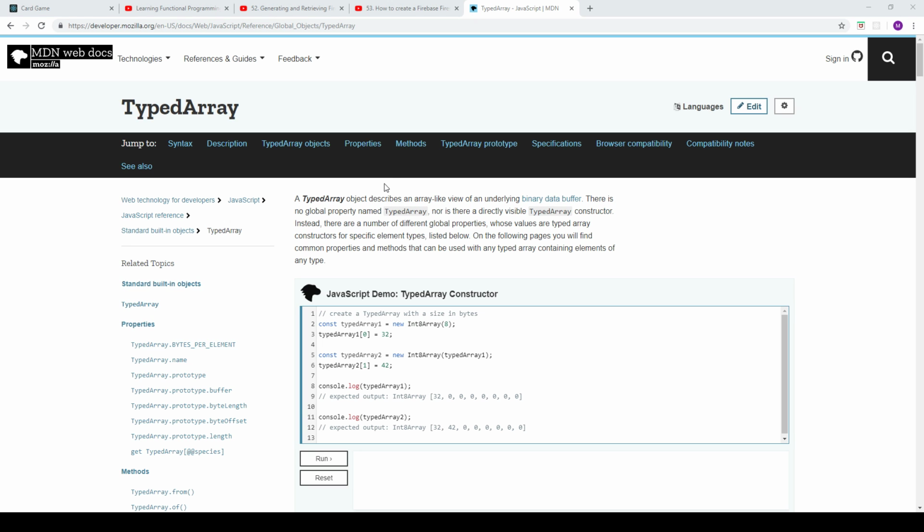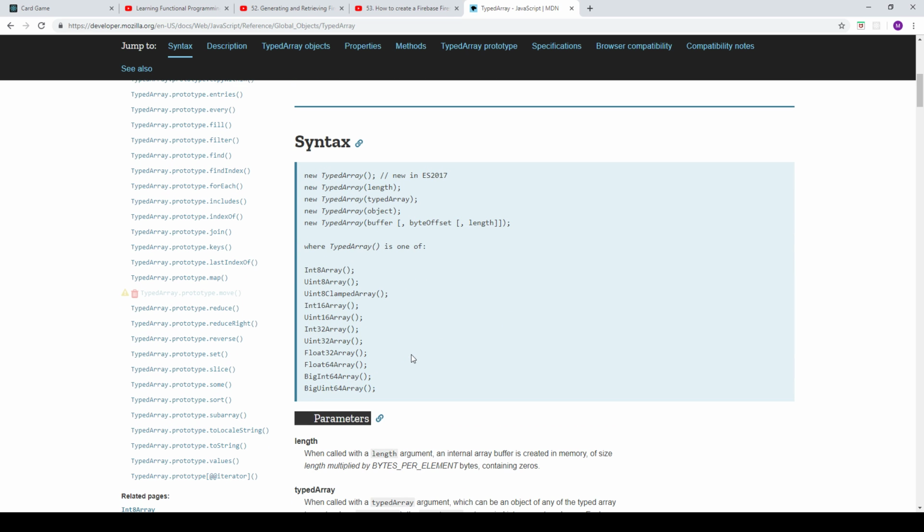So I think how this works, if I'm not mistaken, is since it's typed to whatever, let me see. It looks like you can only do ints or something like that. So since it's typed, then it can store it in those size memory blocks. I'm wondering if this is way faster than a regular array, even if they all have the same value. I would like to test that, but